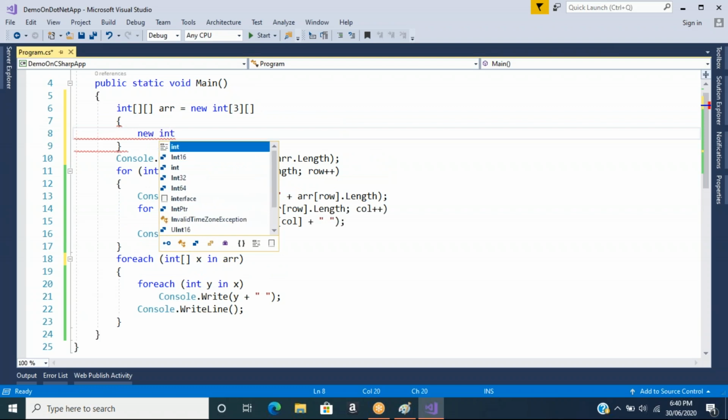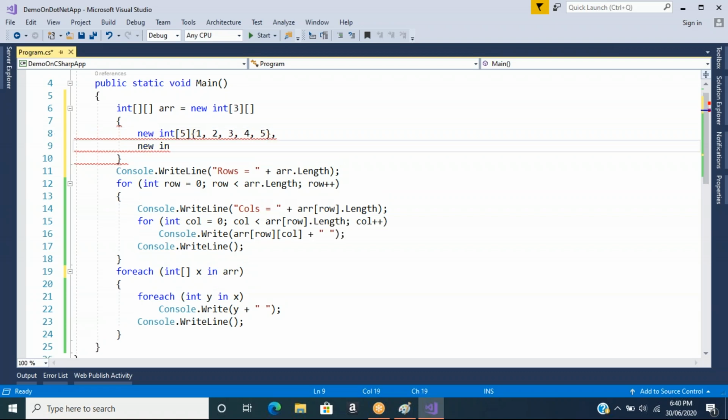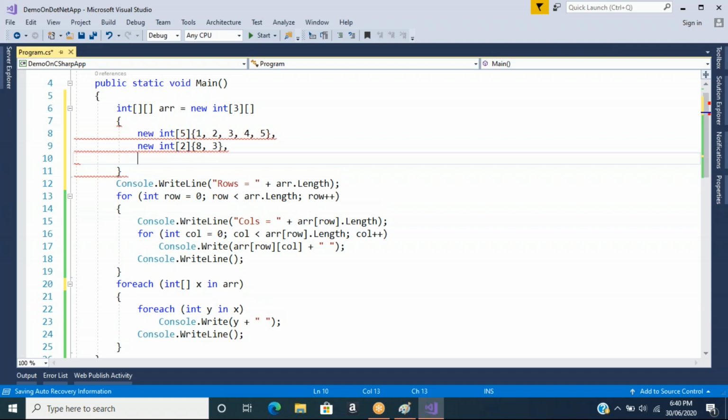New int of 5 equal int of 5, then elements 1, 2, 3, 4, 5, comma. New int of 2, then elements, 8, new int of